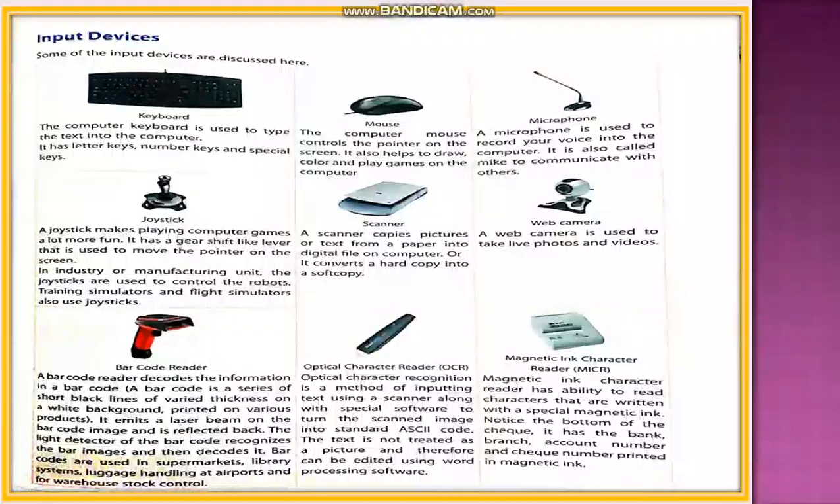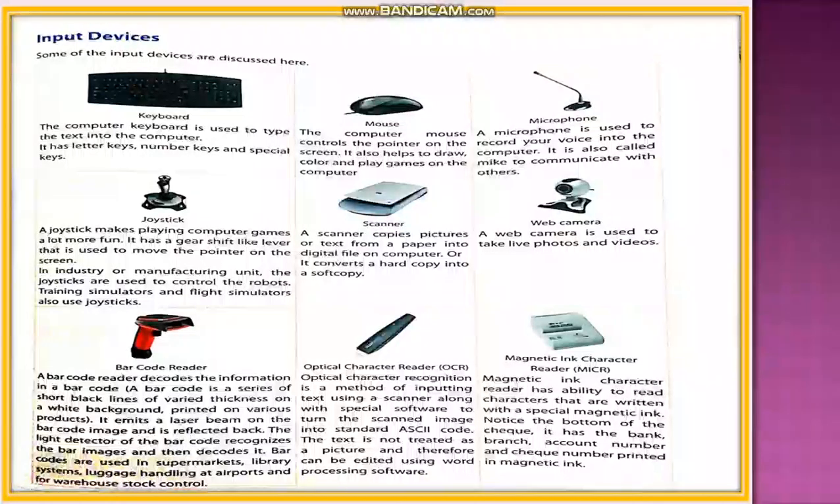Barcode reader. A barcode reader decodes the information in a barcode. What is a barcode? It's a series of short black lines of varied thickness on a white background printed on various products. It emits a laser beam on the barcode image and is reflected back. The light detector of the barcode reader recognizes the bar images and then decodes it. Barcodes are used in supermarkets, library systems, luggage handling at airports, and for warehouse stock control. You must have seen the barcode reader in supermarkets,